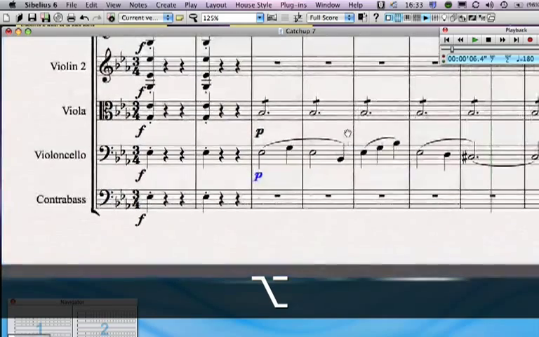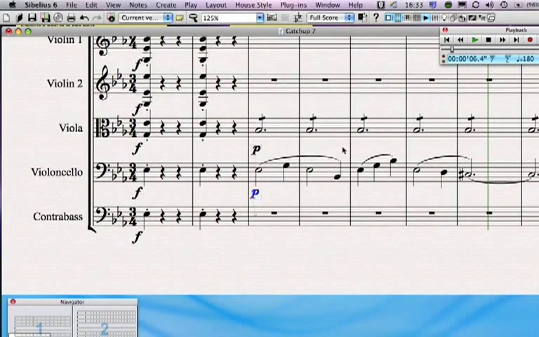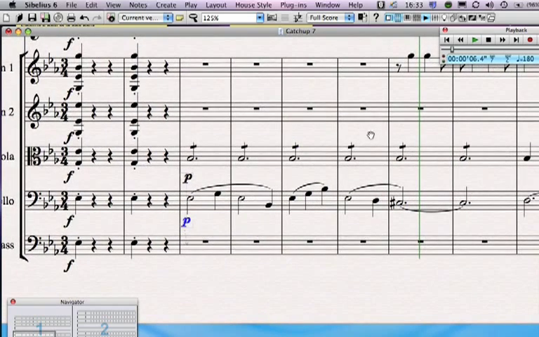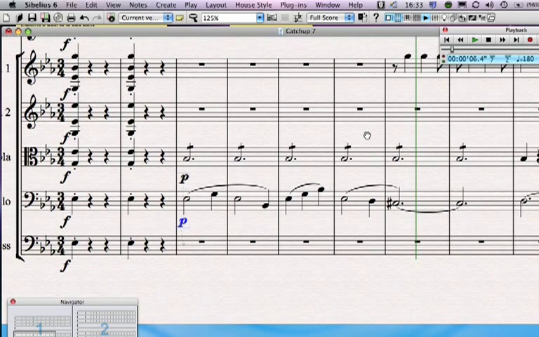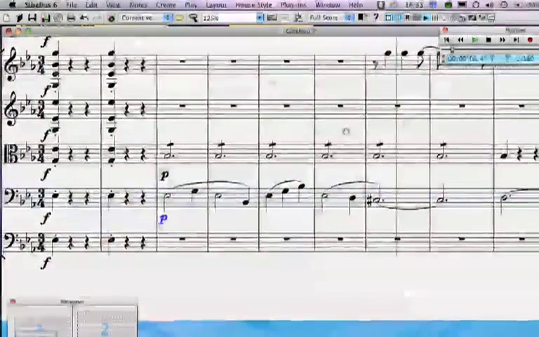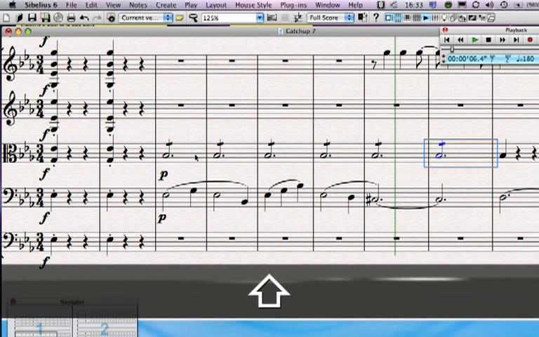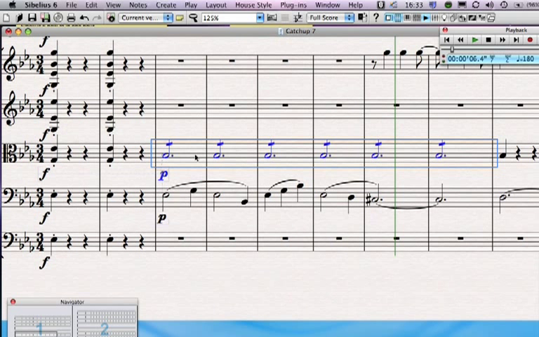Now the last bit of copying and pasting is to do multiple bars. At the end of the last video, we talked about putting in all the parts. We actually need to add the second violin, and if you compare it to the viola, it's actually the same rhythm and the same tremolo marking. So is there a way of copying those notes into the violin too? Yes. Let's highlight the 6 bars, and you can either use Command C, Command V, or let's use this new technique of